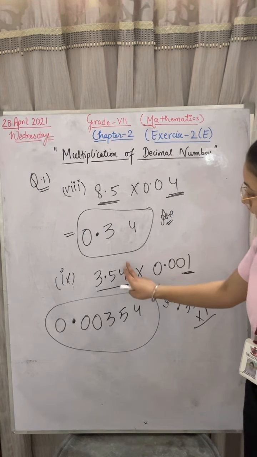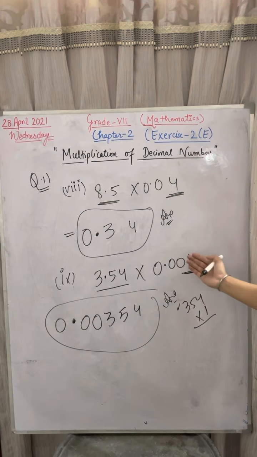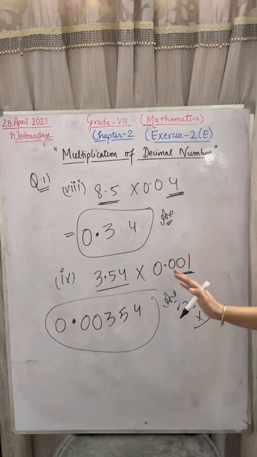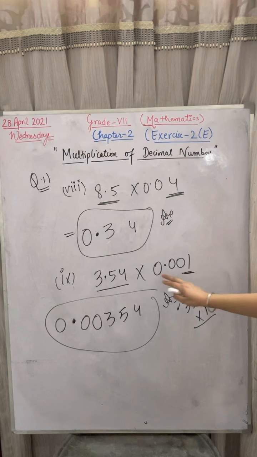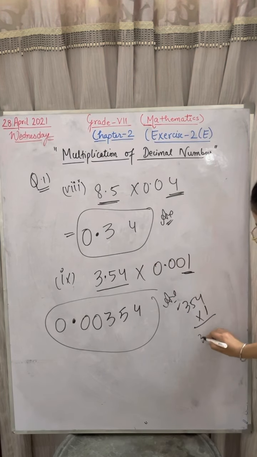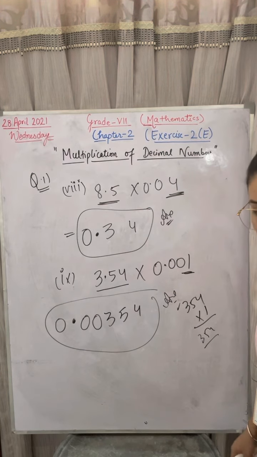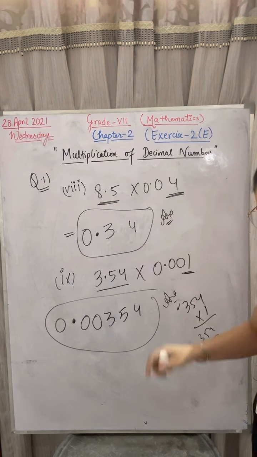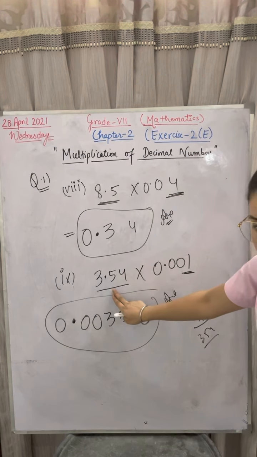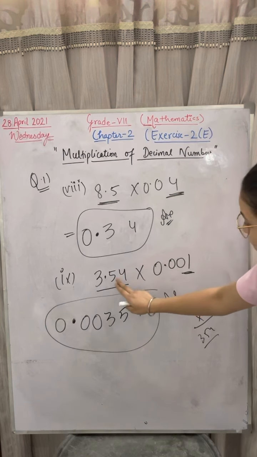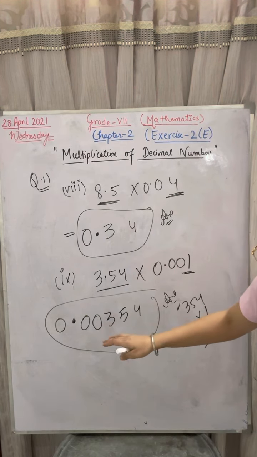Abhijot, here I have 354, here I have only 1. Pick up the numbers only, not decimals, only numbers. So multiply 354 with 1, that will be 354. I have written 354. Now here you have to see, here the decimal is before 2 digits, here the decimal is before 3 digits. 1, 2 and 1, 2, 3. How many are there in total? 5 digits. So put the decimal before 5 digits.